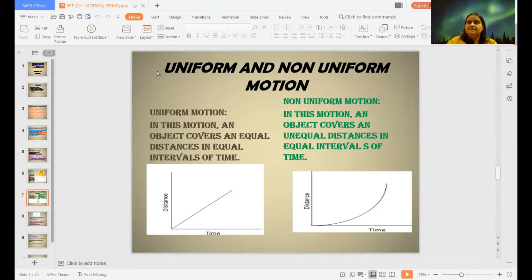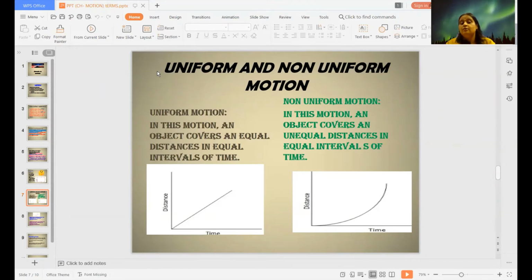Then you have noticed from 10 to 10:30, within this half an hour, say you have covered 2 kilometers, fine. Then you will keep moving and check the distance covered between 10:30 to 11. Again, it is 2 kilometers. Again, you are checking 11 to 11:30, and 11:30 to 12. Again, it is coming to 2.